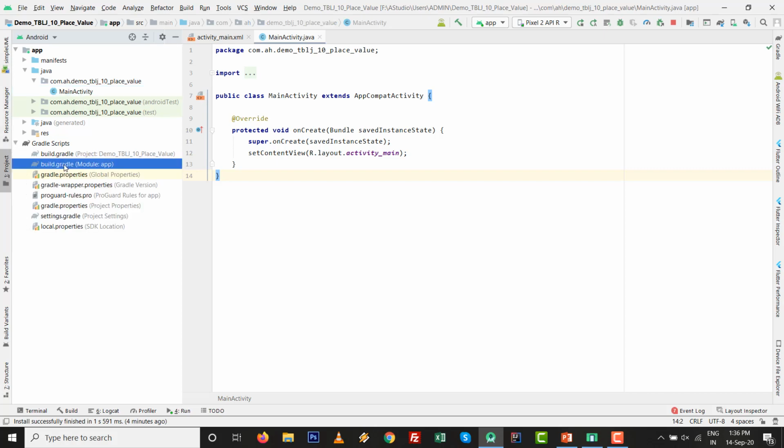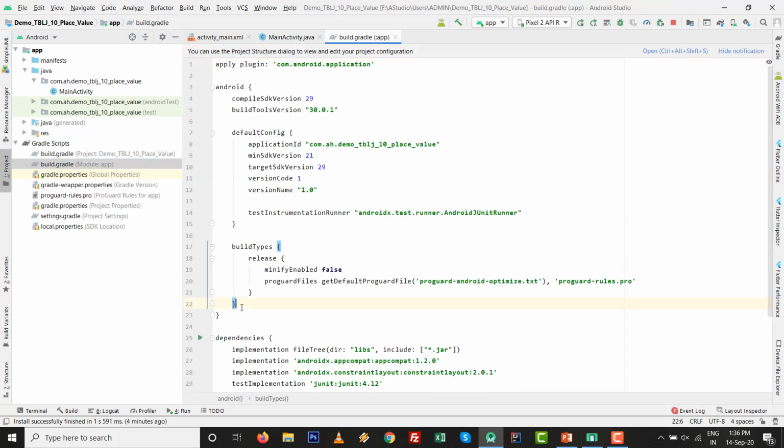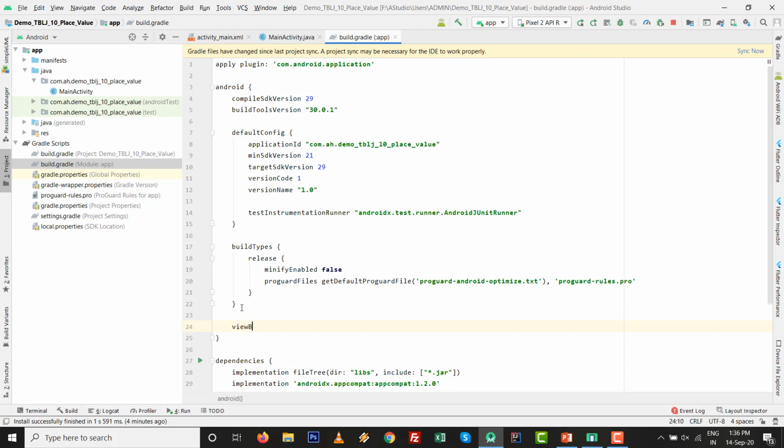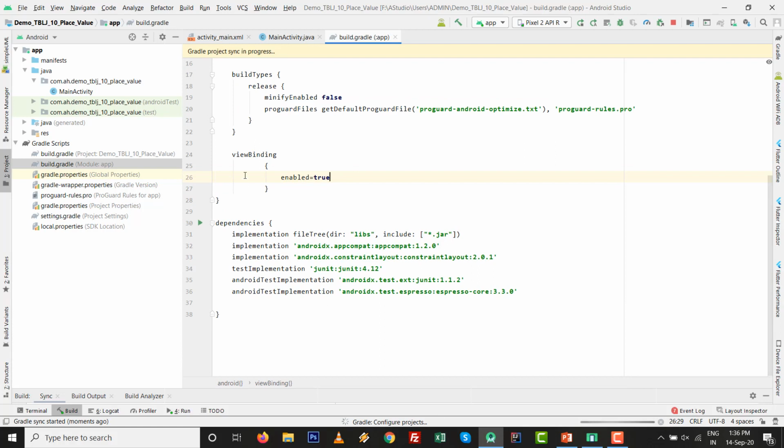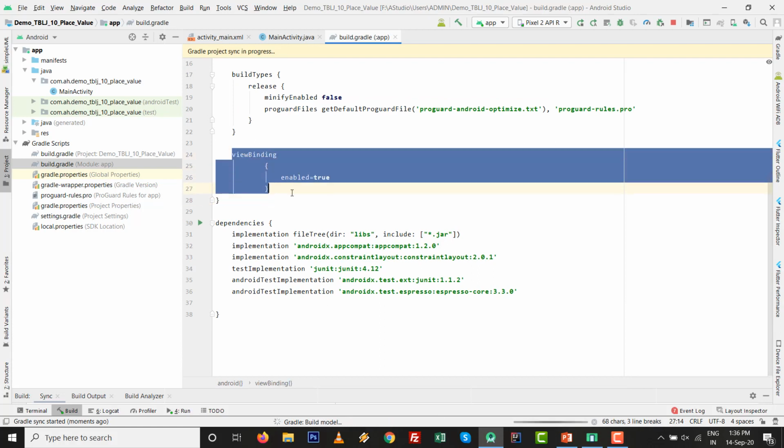Make sure your internet connection is on and write viewBinding enabled equals to true. Click on sync now. So we will have the capabilities of view binding, which replaces findViewById.